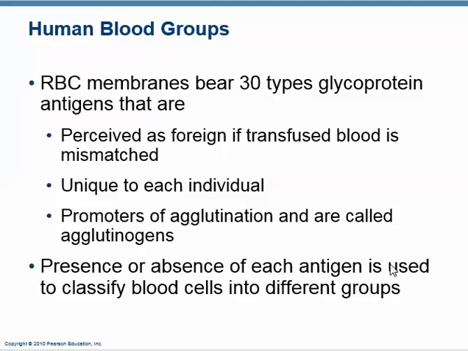A, B, and Rh are the common ones. They're the ones that we test for, and the ones that cause aggressive reactions. But there are actually 33 different systems. This says 30, but there are 33. There's the ABO system and the Rh system, but there's also MNS, Kell, Lewis, P, Lutheran, Duffy, Kidd, Diego, all kinds of